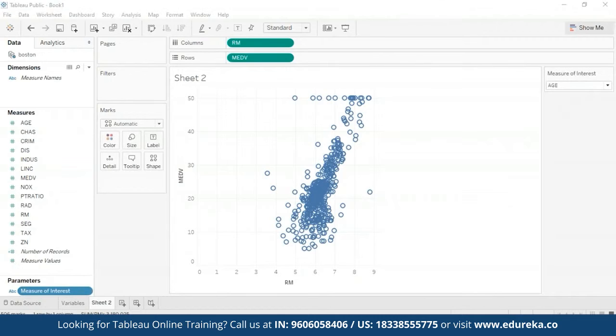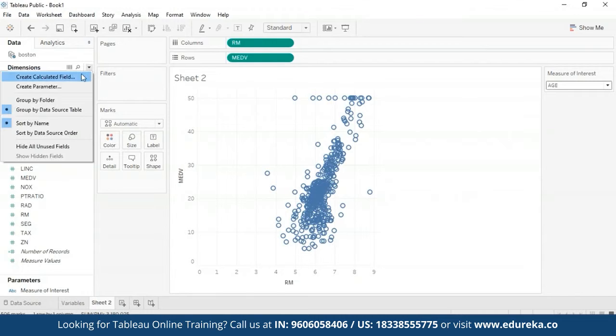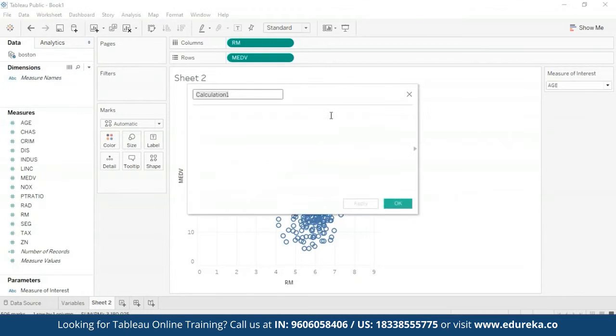So then you can check out your measure of interest and how it relates to the pricing of a particular area. But you will notice that this is not working right now. And that is because we have forgotten to establish a connection between said measure of interest and the pricing. So again, we go to dimensions, click on this arrow and create a calculated field. We'll just call it